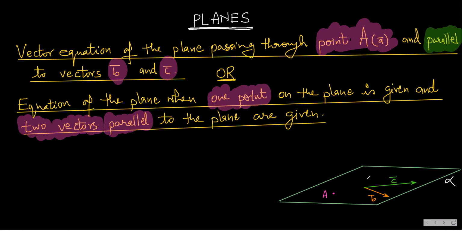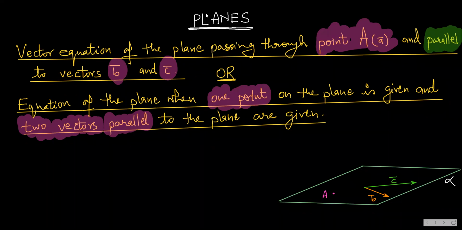Now here you see one position in which, when the two vectors are parallel to the plane, they can be considered to be in the plane. They can be considered to be on the plane, because we are learning right now with free vectors. So suppose I have two vectors parallel to the plane. Here I am taking it as B bar and C bar as you see here.